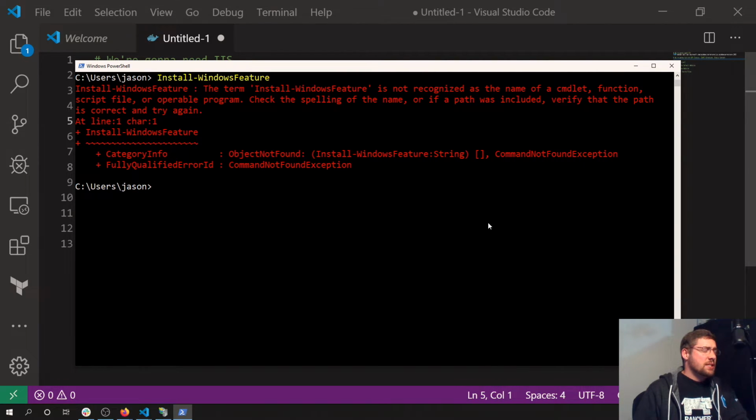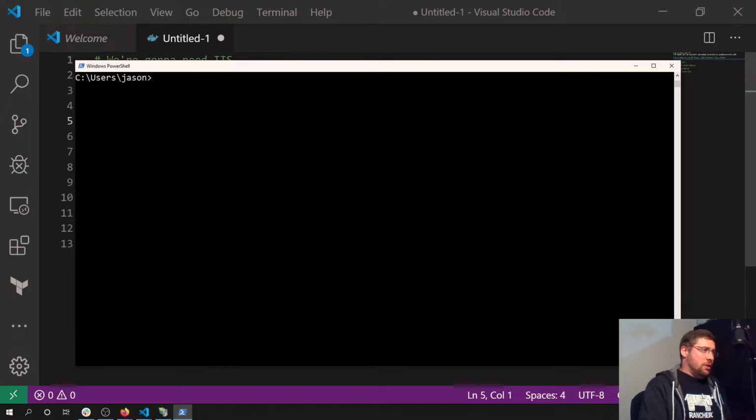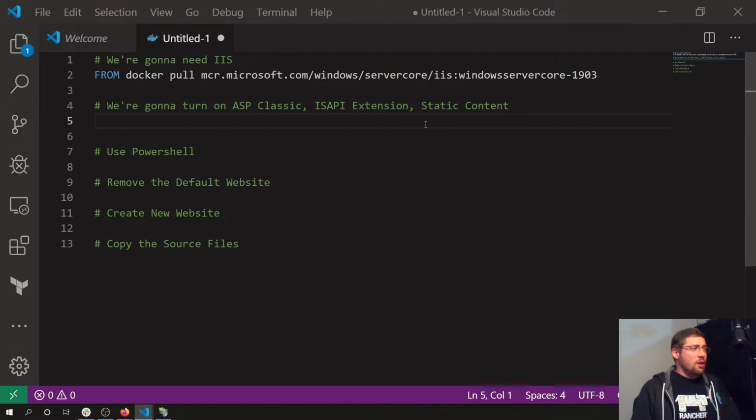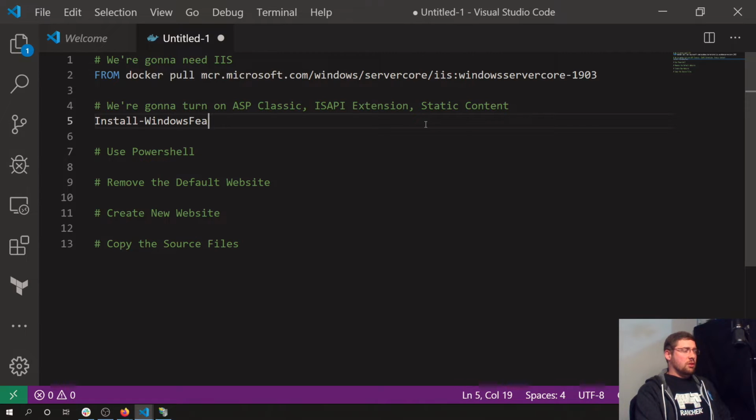All right. Well, I don't have that PowerShell module on my machine. It is install Windows features. Look, yeah, I've got other code written up here. Okay. Fortunately, I remember the name for all these. So we'll install Windows feature